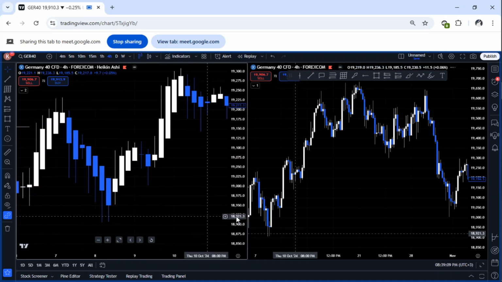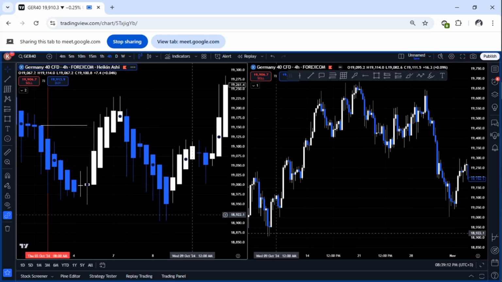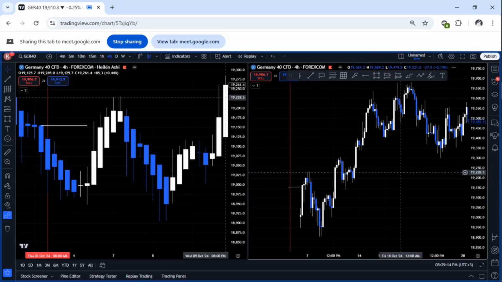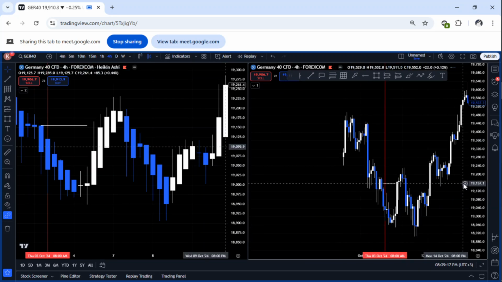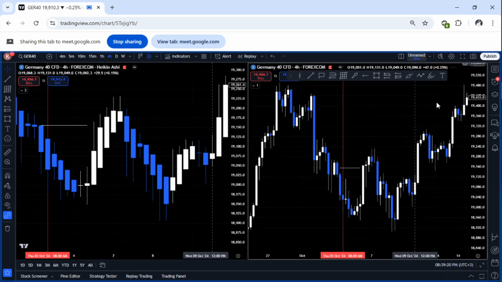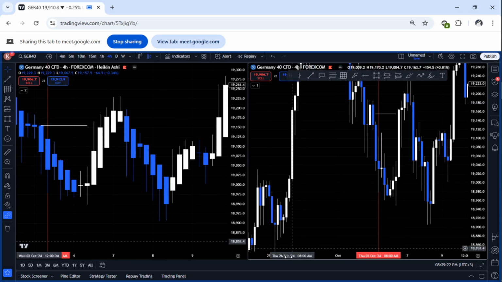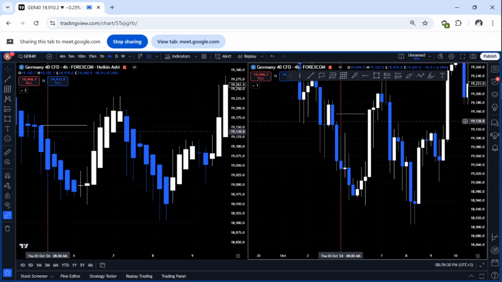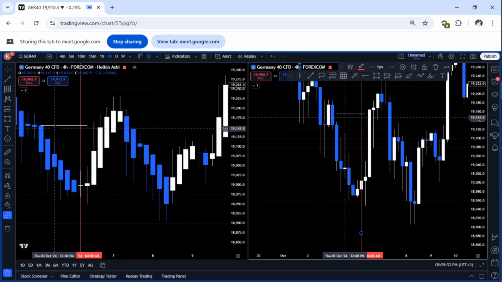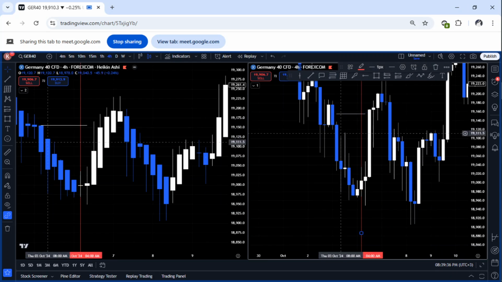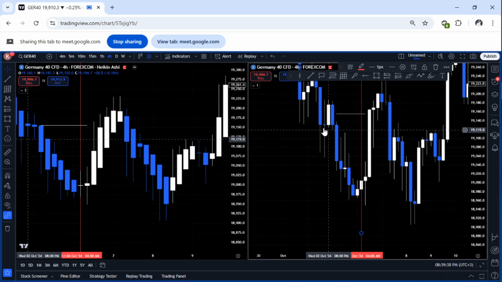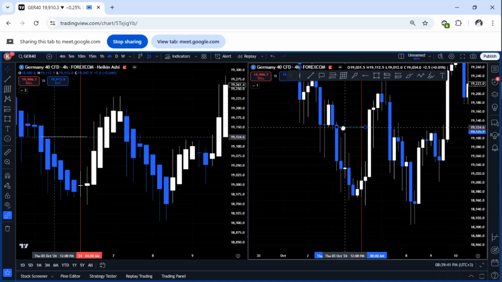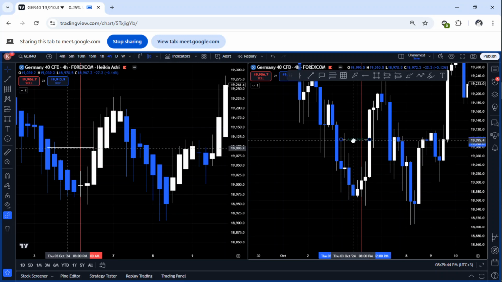So let's check when is this day. This is on October 24th. Yeah, this day here. As you can see, this side you may have a liquidity raid, but on the other side you don't have a liquidity raid. So if you check here, this is where you needed to have the liquidity raid. As you can see, it's up here, but we were waiting for the liquidity raid to raid this one, and it didn't raid this one. But again, this one got raided,